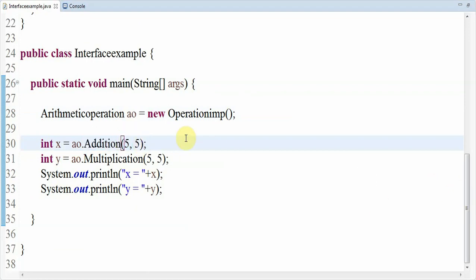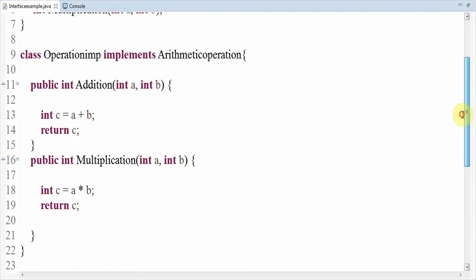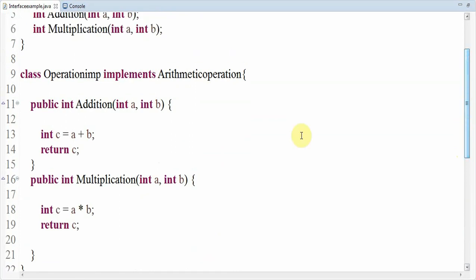When the control gets to this line, it will call the addition method, and when it is called, it will go to the 11th line, and as I passed 5 and 5 as values, here you can see int a and b, so 5 and 5 will be held inside the a and b variables.